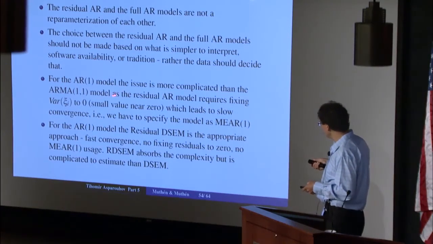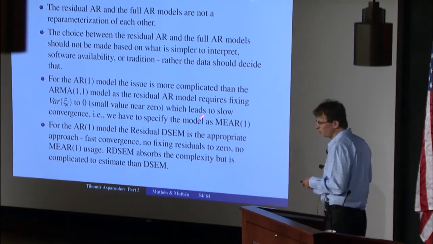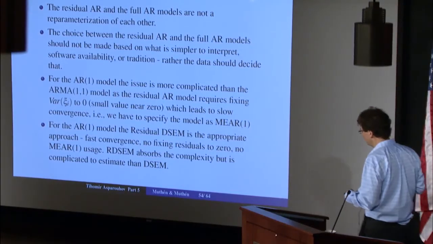One other thing to note here is that I use the MIR1 model because it has the flexibility of having the two equations with two separate residuals, and I can more easily place the covariate in or outside of the autoregressive equation. But in the AR1 model, that is a problem because you don't have these two residuals, so separating the two regression parameters is difficult, and you have to create this residual and then fix it to 0. And this is basically the reason why we started being interested in the residual DSEM model,